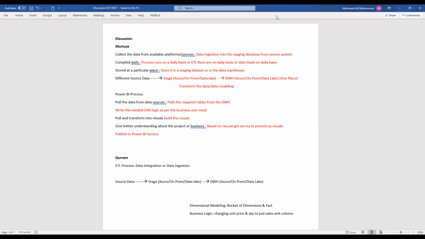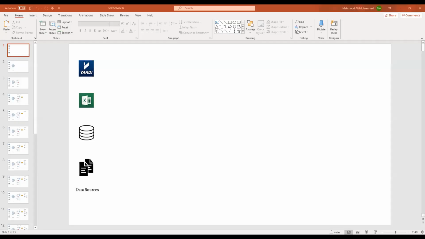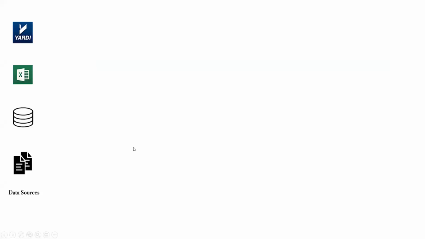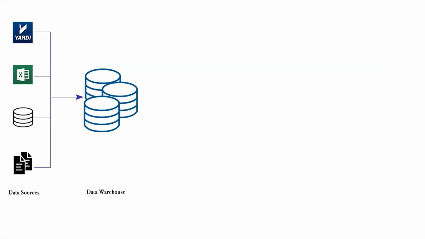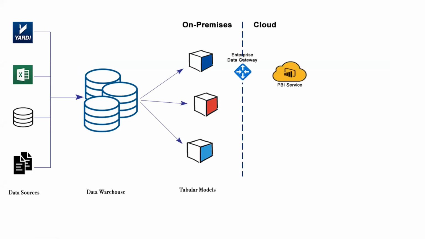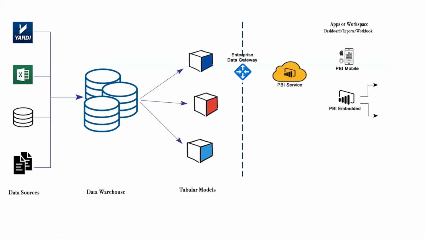So let me quickly stop the recording. Are you able to see my screen? Yeah, it's visible. So this is the data sources, right? We take this data, we don't have the stage, but we directly load it into the data warehouse. And then on top of it, we either build a cube or we can directly create the Power BI reports. Once we have the report, we can publish it to the Power BI service. And then we have the app, mobile app and Power BI